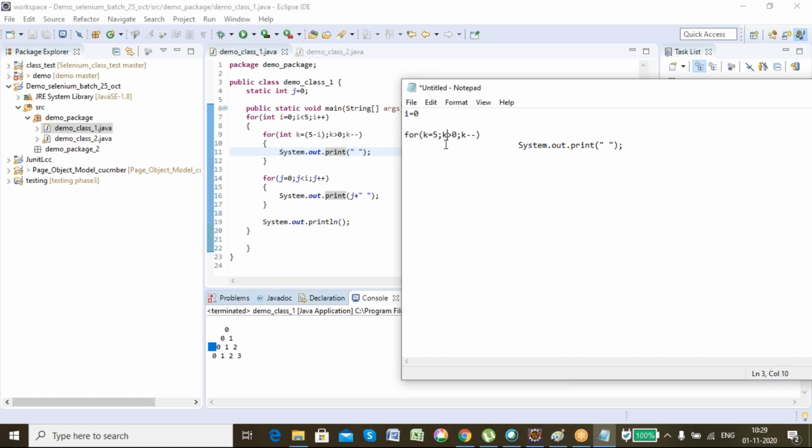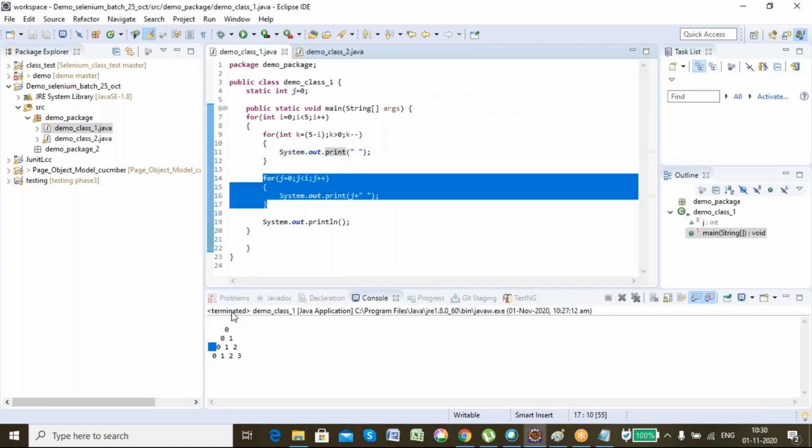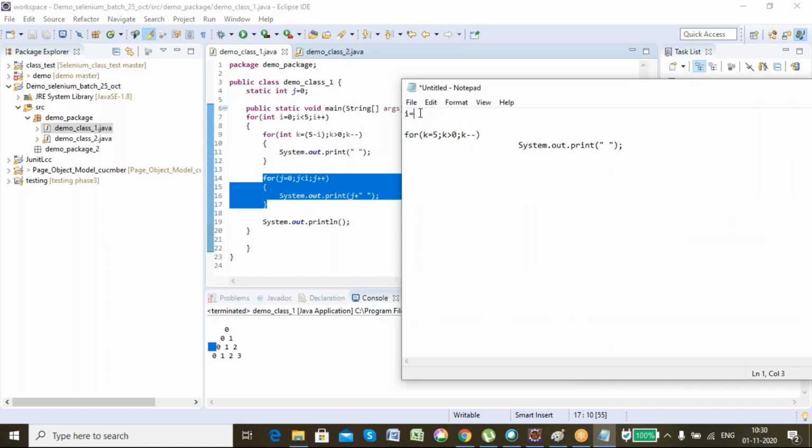After the spaces are printed, it will print the value. For the first time there is no value, so it will not print. But for the second time, when i is equal to 1, it will be 5 minus i, which is 4. Now, how many times will the spaces be printed? 4, 3, 2, 1. 4 times the spaces will be printed. Here 5 times spaces were printed, here 4 times spaces were printed, and after that, as for the previous time, the value got printed. That is 0 got printed for the first time. Got my point?